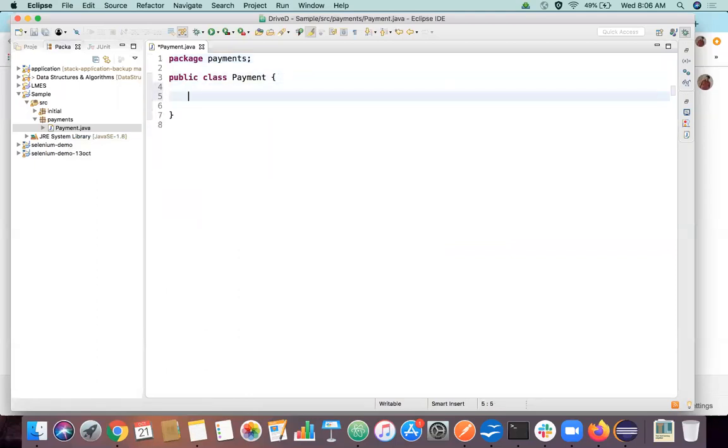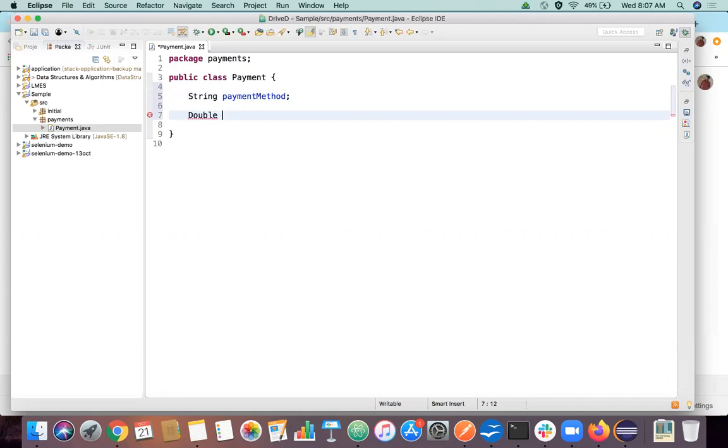So this payment class will have two variables. What is the first variable? It is of type string, payment method. This payment method is a string which can be internet banking or Phone Pay or Google Pay, whatever it is. And the second thing is going to be a type of double.